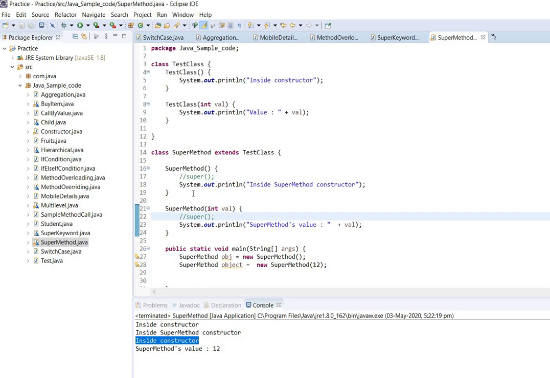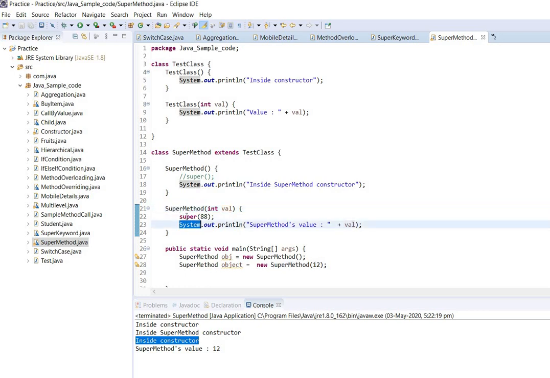Now how can we call the constructor with argument? We need to explicitly pass super and we need to pass the value as well. Let's say I'm giving 88. Once this object has been created, immediately it will call this parameterized constructor, and the value would be 12 here.